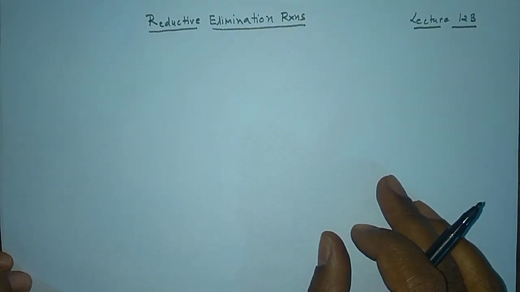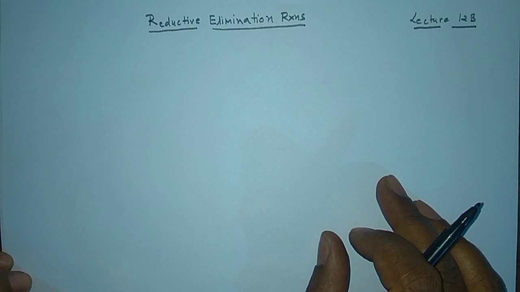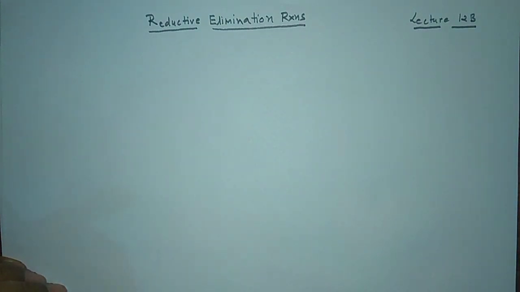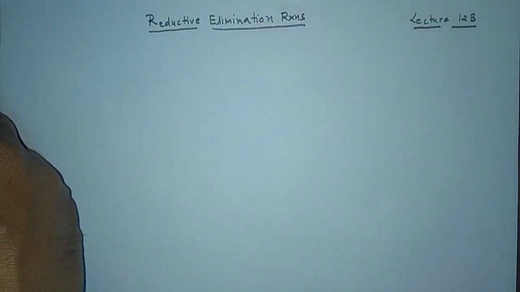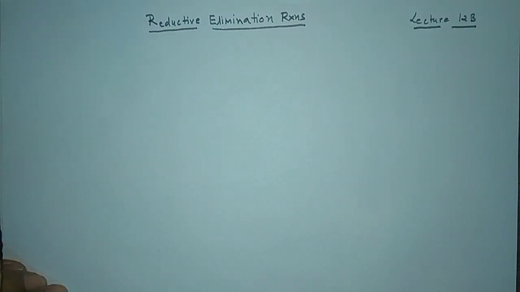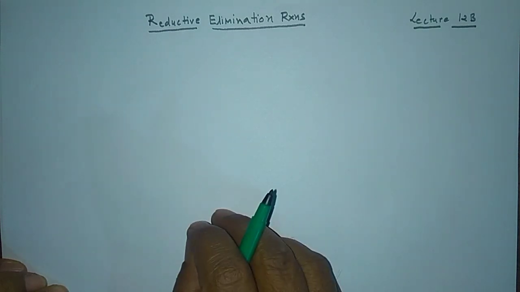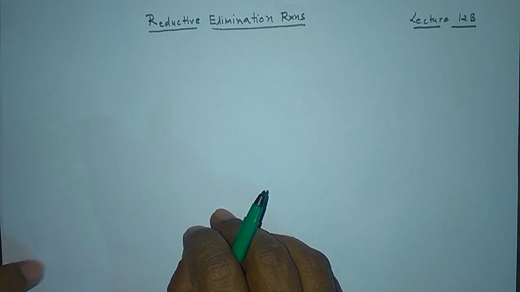If you have followed my oxidative addition reaction, then whatever we discussed there, just the reverse of those reactions will happen in the reductive elimination reaction. So basically, reductive elimination reactions are the reverse of the oxidative addition reaction. This is the reaction in which two ligands will eliminate from your substrate, and the two eliminating ligands must be cis to each other. This is the stereochemical requirement of the reaction.